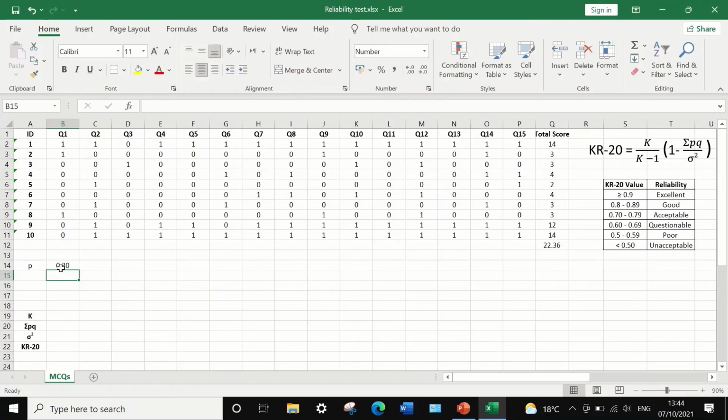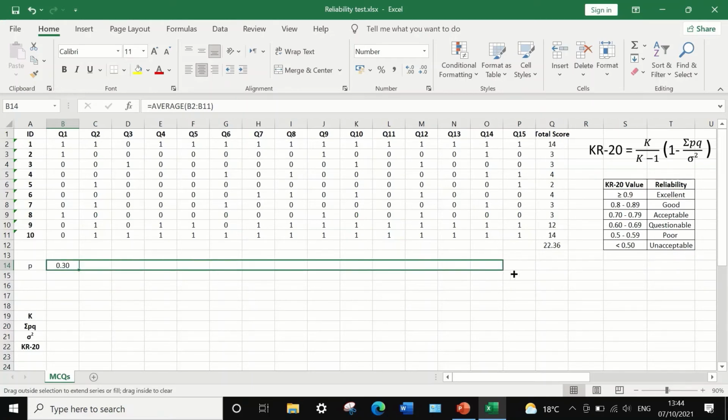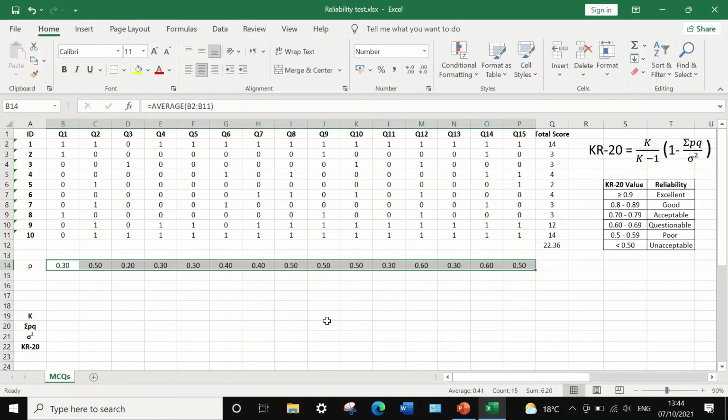A P proportion value is generated for the first question, showing 0.3, as 3 correct answers divided by 10 equals 0.3. To calculate the P value for the rest of the questions, select the cell here, hold, drag to auto calculate and auto fill the